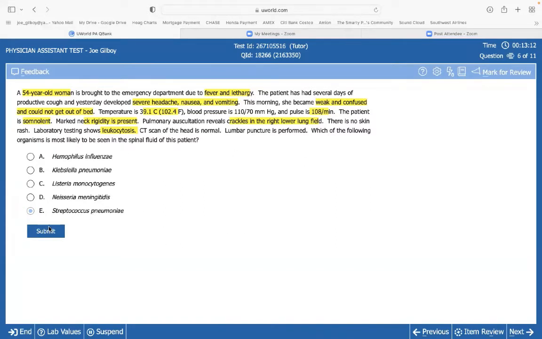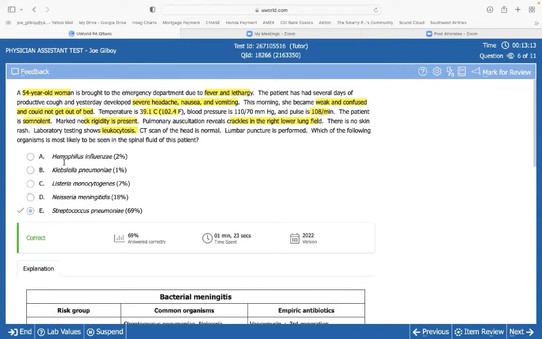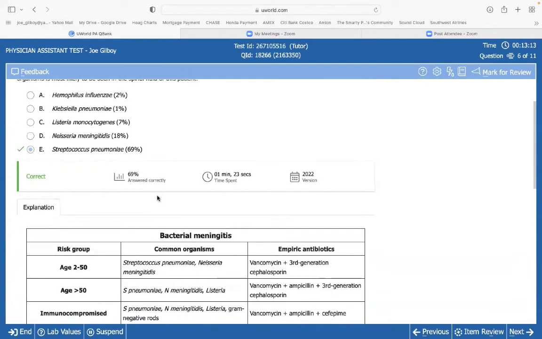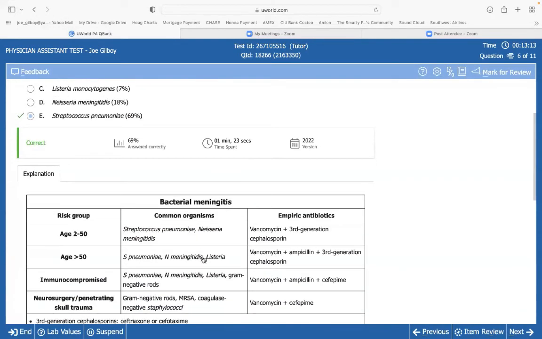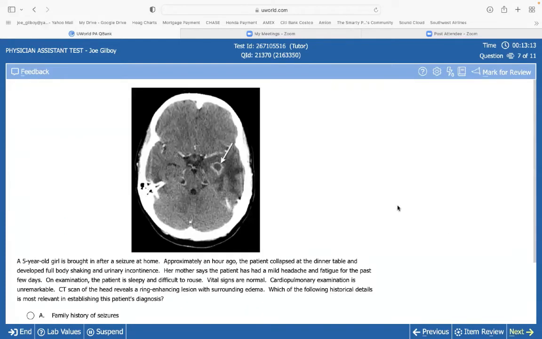Got it. And here's the key point. Look how many, does everybody see this? So it's just strep pneumonia. It's just basic facts. And then you're going, yeah, I'd start vancomycin, Joe. And wait a second, she's after age 50. And you're like, oh my gosh, I'd even start something for listeria. Oh, vancomycin, oh my God, there's the ampicillin. Everybody see this? Okay, a couple more.